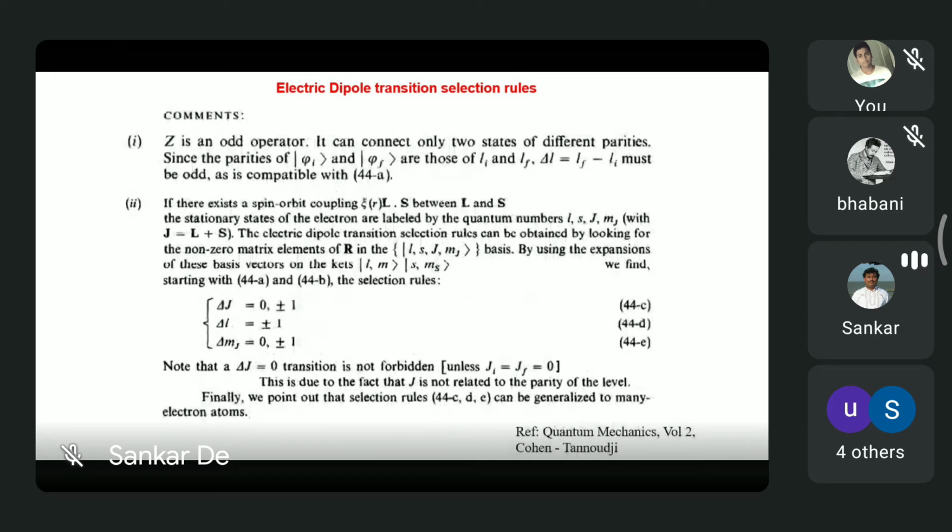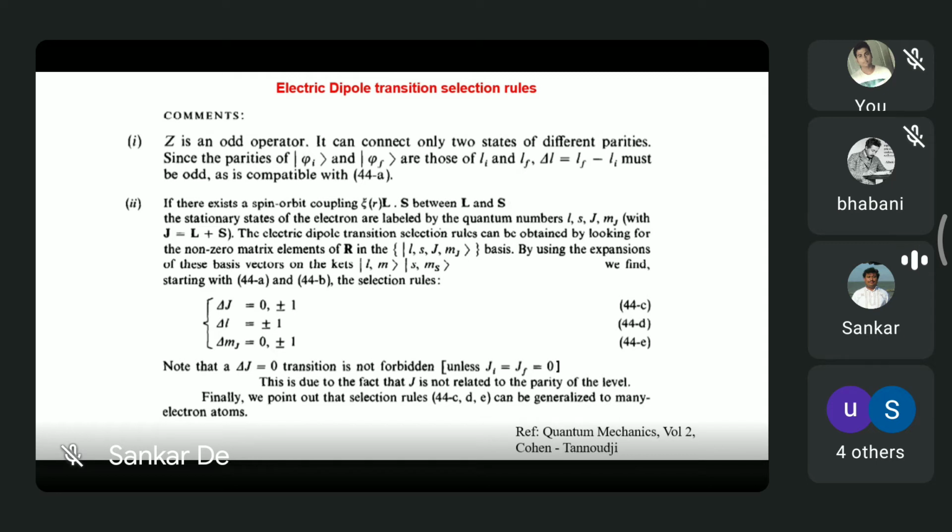So we did that, and then we also introduced LS coupling. In fine structure, you will see that there will be an LS coupling, and when you have an LS coupling, we will introduce more good quantum numbers like J, which is the total quantum number, L plus S, and we have to write that in a basis set of L, M_L, S, M_S. With those kind of basis involving J and M_J, you can directly relate the selection rules.